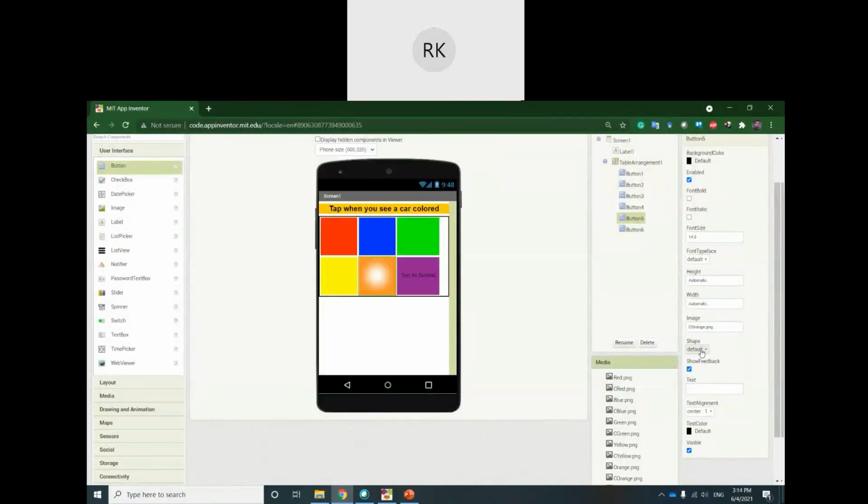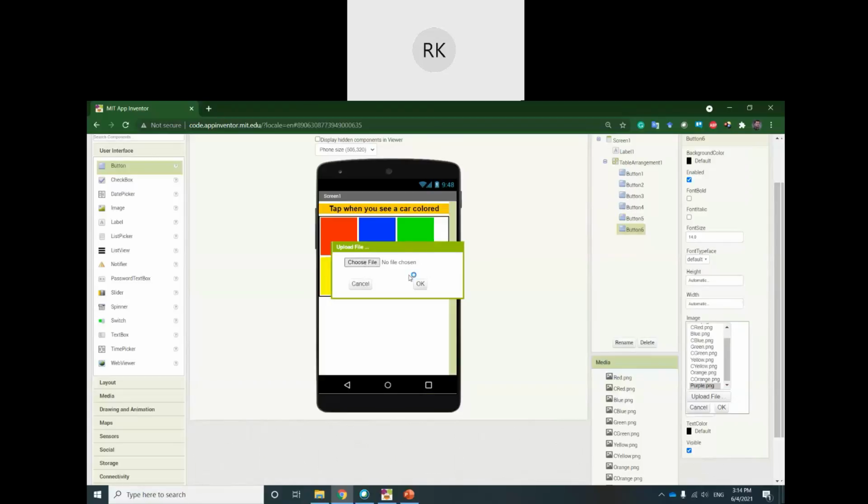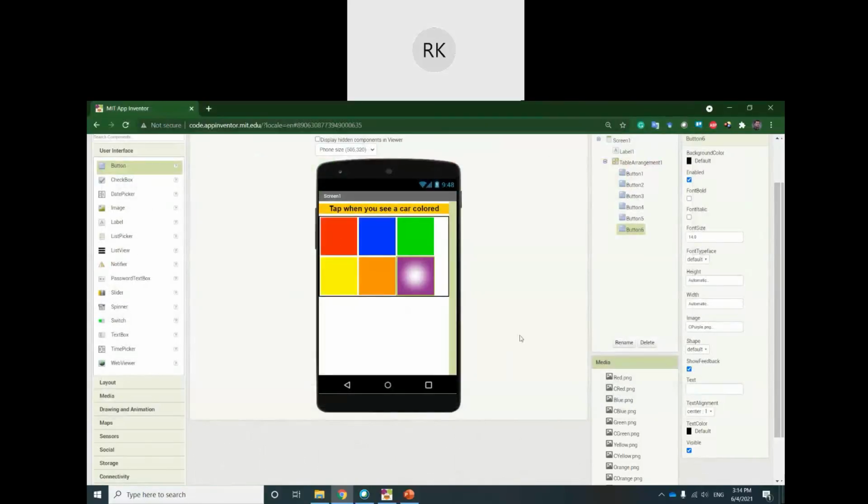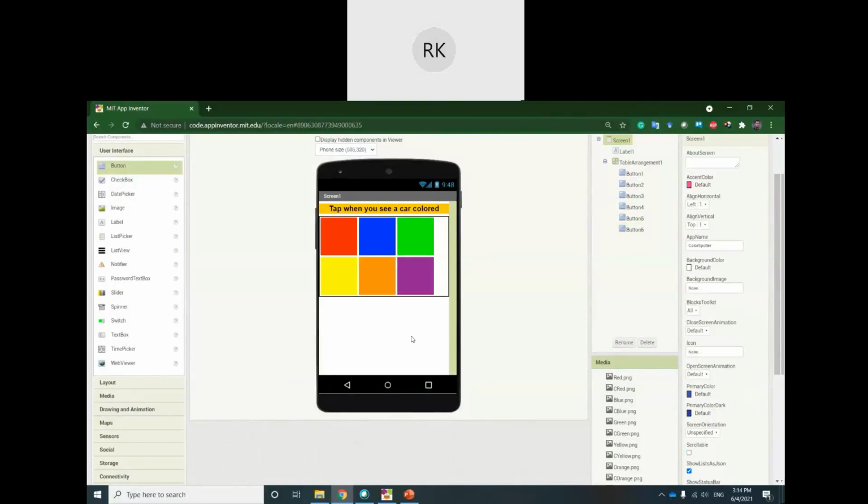Oh, the orange should be the unselected orange. Remove its text, and another image, the selected purple, but we will change to normal purple. Okay, so we got this.